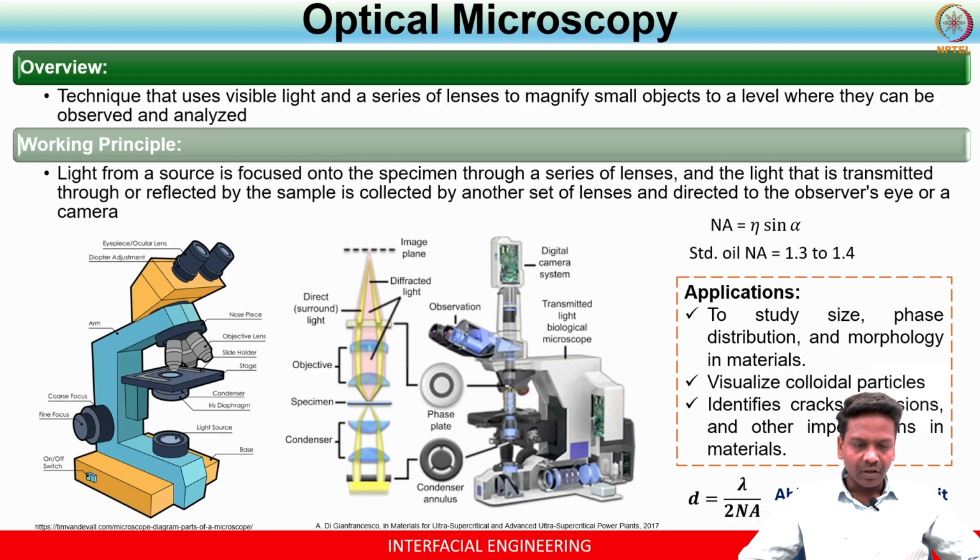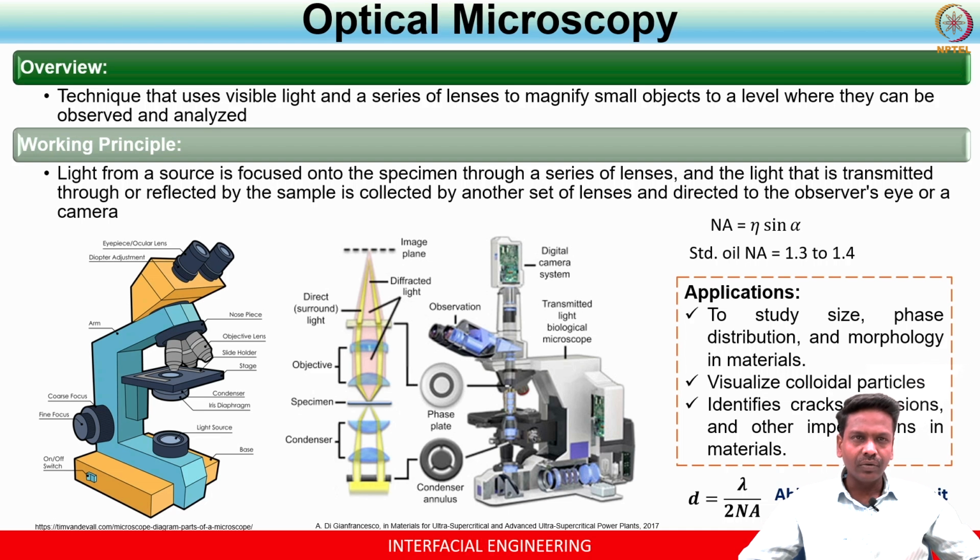So these are various components. What is more important is that there are many types of microscopes available. Let's say, for example, the commonly used are inverted microscopy or upright microscopy. Upright microscopy is available in two categories. One is transmitted mode and another one is reflected mode. Whereas inverted microscopy is available mostly in transmitted mode, right?